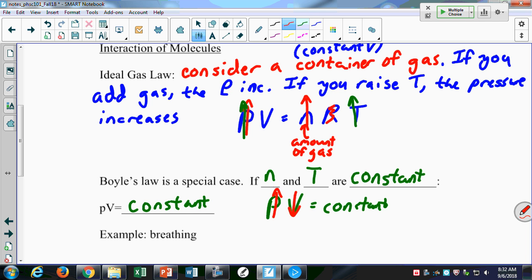Your diaphragm moves down. It doesn't really increase the pressure. Really what's happening is, when you breathe, you change the size of your chest cavity. That's physically what you're doing. When I breathe, I make my chest cavity bigger or smaller. If I make my chest cavity bigger, that means the volume is going up. And what happens to the pressure inside of my lungs if the volume increases? The pressure decreases. Right. So if the volume increases,